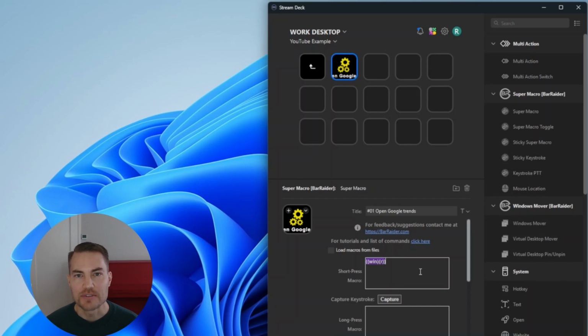Command sequences sometimes run faster than Windows or programs can react. That's why we always add a small pause in places where command execution takes longer than a blink of an eye. Windows plus R launches the run command, but at least for me it takes a few tenths of a second to open, especially when I'm recording this video at the same time. So now we manually write the command to wait a moment. The command is double curly bracket, pause, colon, 200, which means 200 milliseconds. Then closing curly bracket,